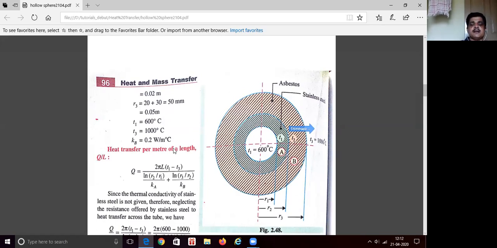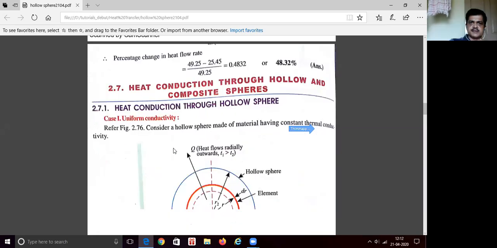I wanted to skip this section, but when I went to see the next module, these are all interrelated. These basic things are very much essential for next modules. That's why I am taking up these things.